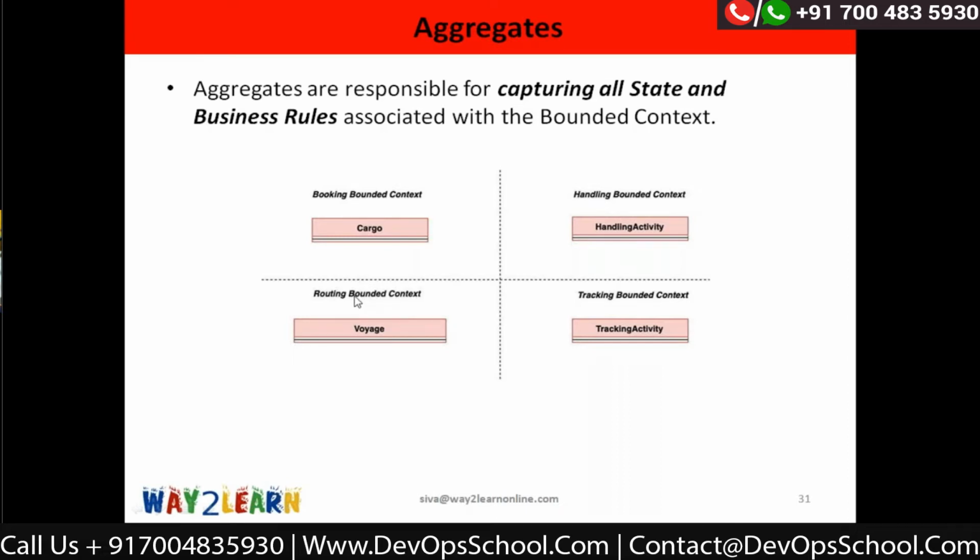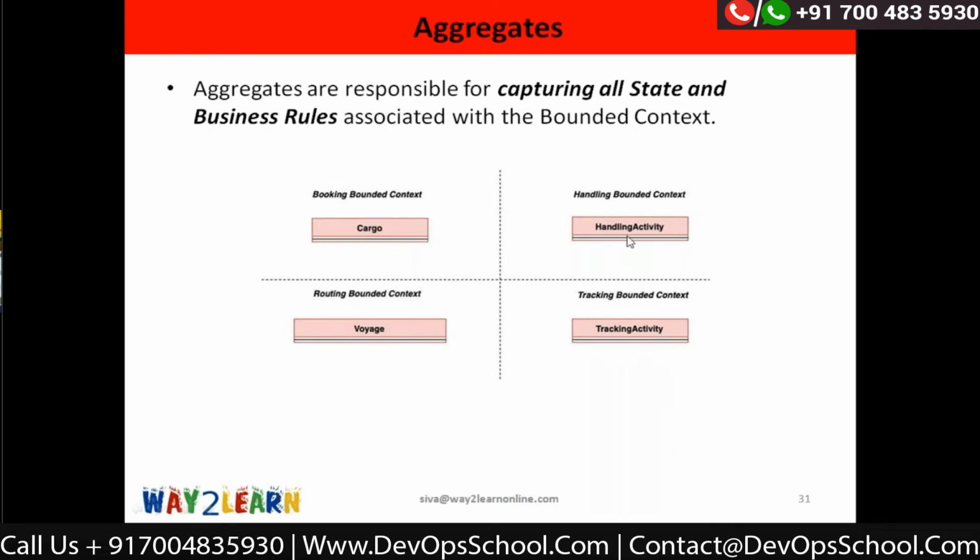And since it knows about all the vehicles and voyages, it is the best component to give you the optimal route for a given source, destination and deadline. So cargo internally, as I told you, makes a call to the routing bounded context to get the optimal route and update the cargo. So cargo is an aggregate here, and in the routing bounded context, we identified voyage is an aggregate.